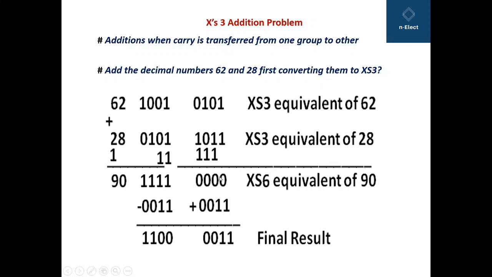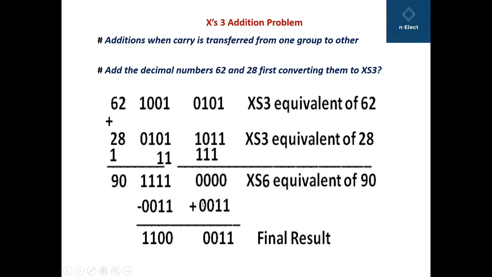And therefore when we perform addition here, we get 0011, and when we perform subtraction here, we get 1100. Therefore the excess 3 code of 9 is 12. 9 plus 3 is 12, that is this. And the excess 3 code of 0 is 3, that is this 0011. So this is how it is obtained.